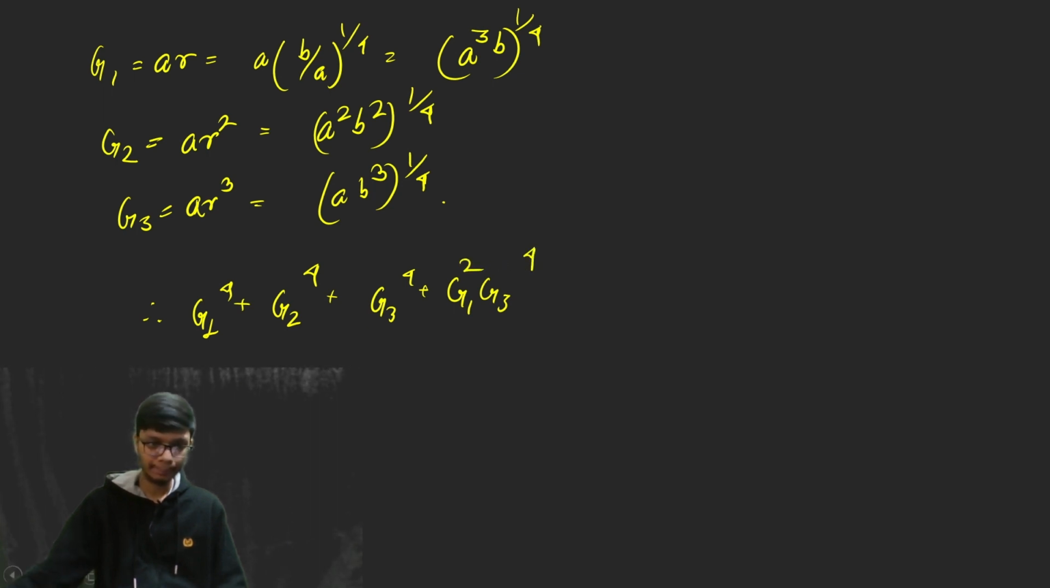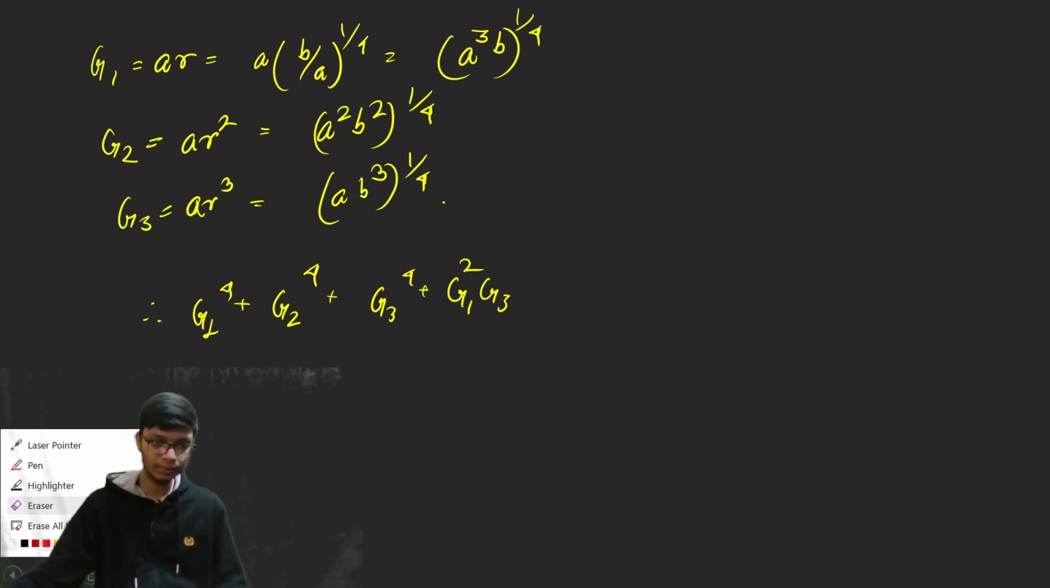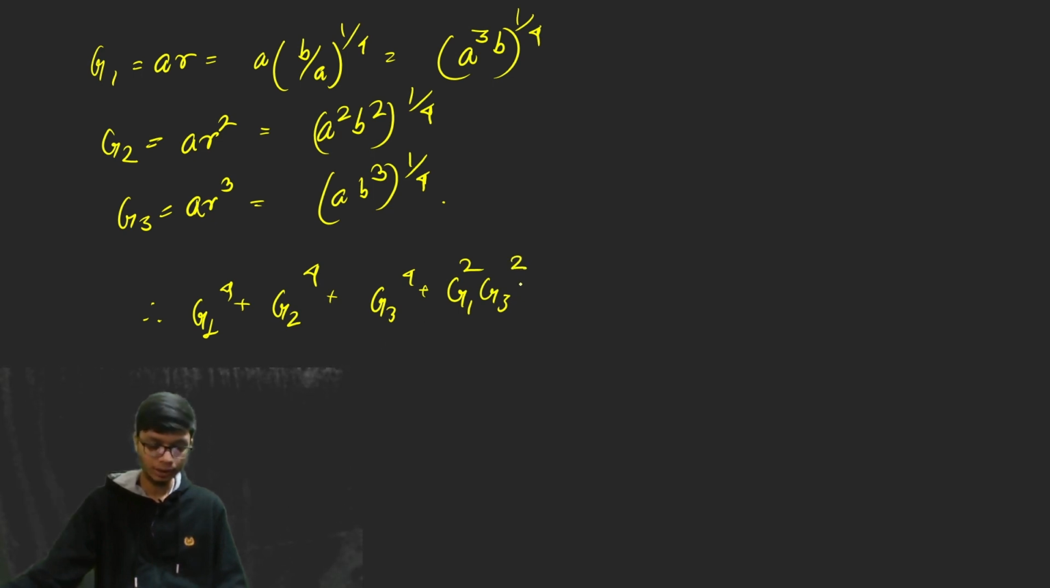Okay, whole square. So this is whole square. Okay, G1 G3 whole square, that means G1 square into G3 square. So that is the value that is basically asked, the expression that is used to compute. So let us do the following, and if you do the following, you will find that G1 whole to the